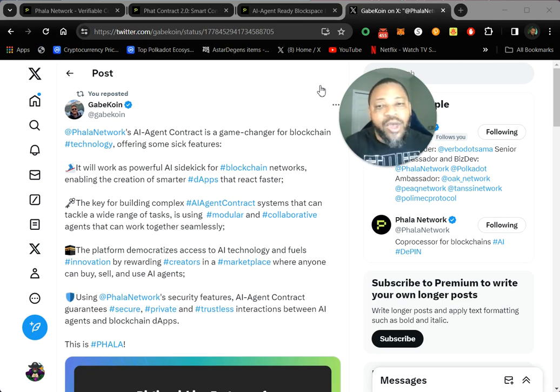The key for building complex AI agent contract systems that can tackle a wide range of tasks is using modular and collaborative agents that can work together seamlessly. So pretty much this is that plug and play, almost like Lego function that the smart contracts have, and now they're infusing that with AI learning, where they can communicate and collaborate and learn from the other blockchains or the other developers, and it gets smarter over time. And then it says the platform